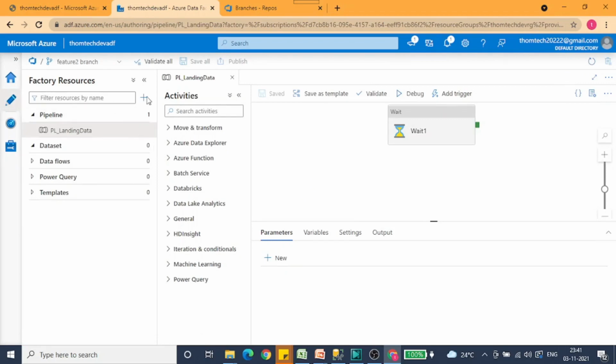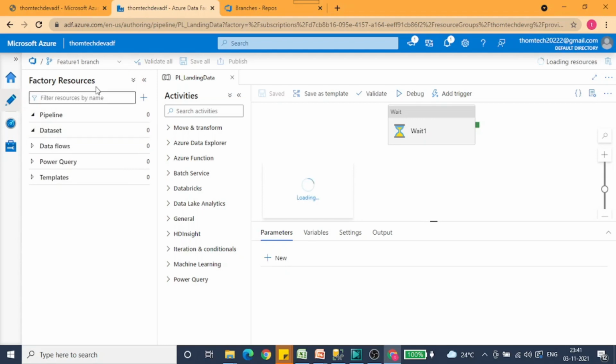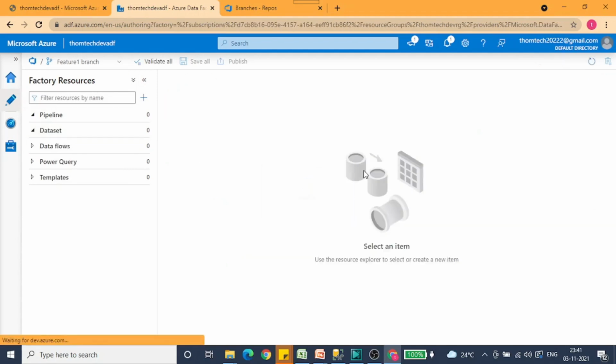Okay, now you see, when I saved it on the feature branch, it came into the feature 2 branch. So as Thomas, I am working on this feature branch, I will do all my development activities over here. Then somebody else, might be Philip, will be working on feature branch 1. You can see in his feature branch he does not have anything available because we have not pulled whatever was there in the develop branch over here. That's the reason it's not showing up.